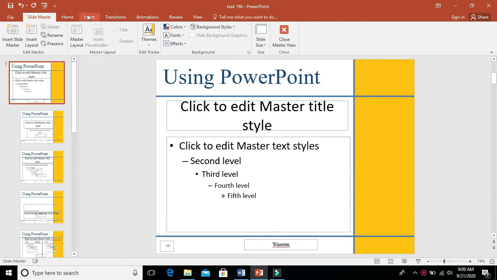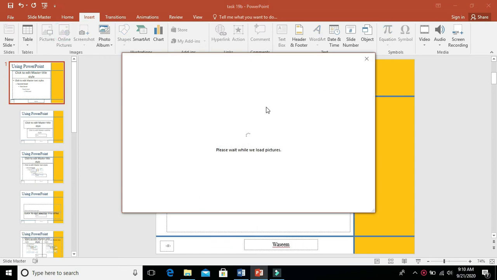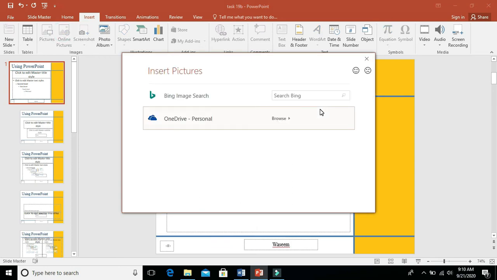Let's go to Insert and take Online Pictures, any computer peripheral image. Let's search computer.